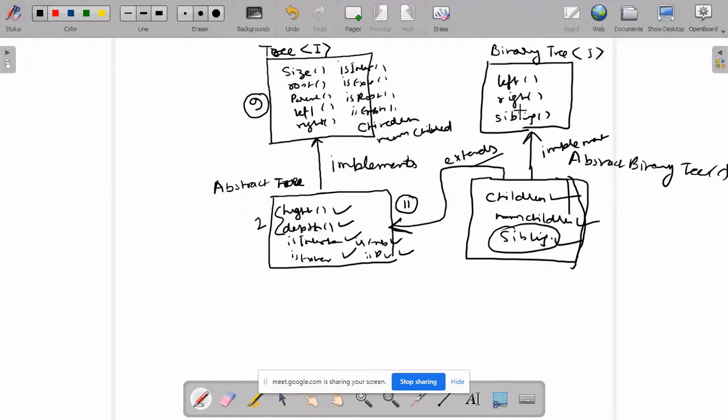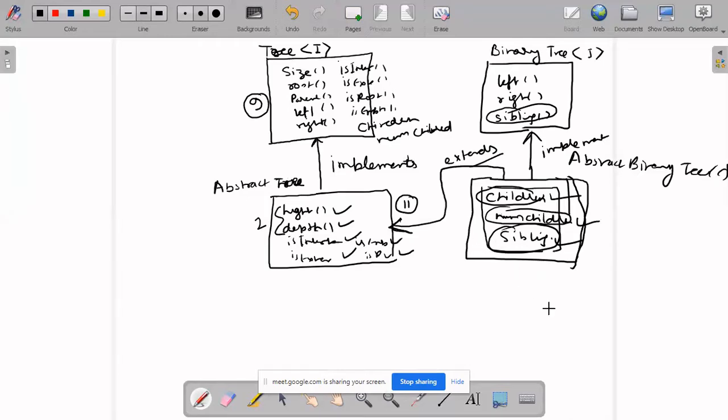Sibling is coming from here. Where are num children and children coming from? These two were declared here, but because abstract tree is implementing this tree, they come here, and from here to here, and this sibling is coming from here. And I am implementing these three.